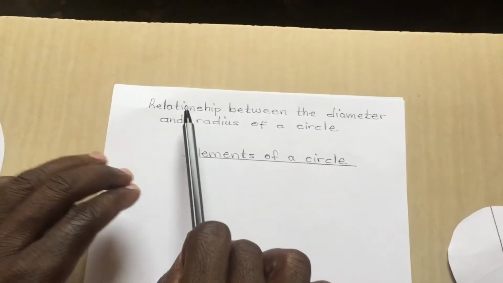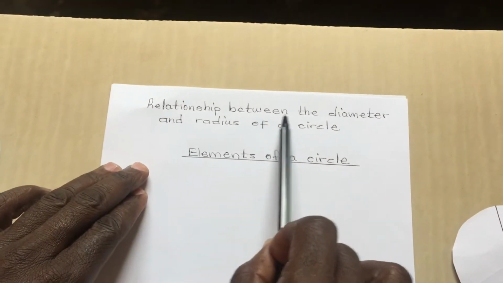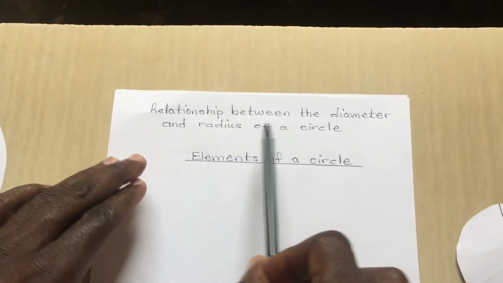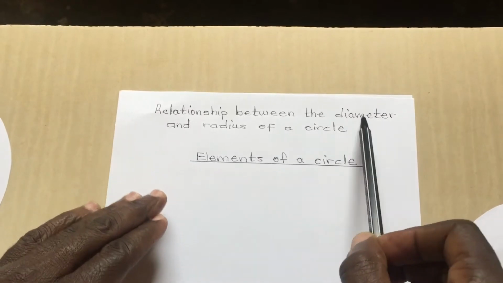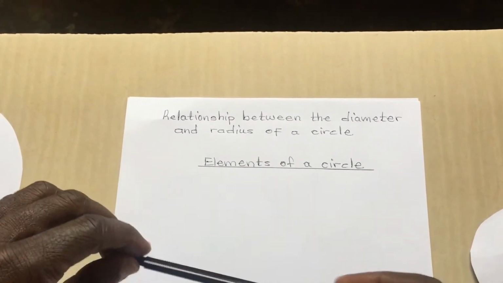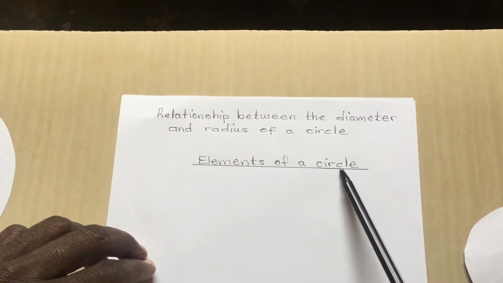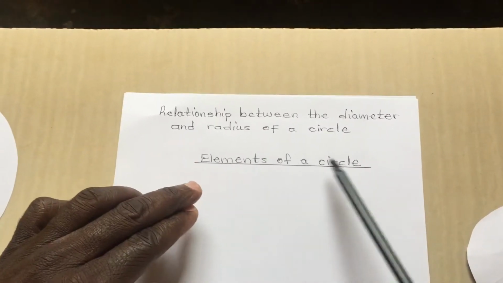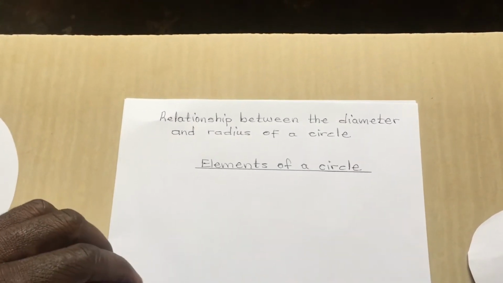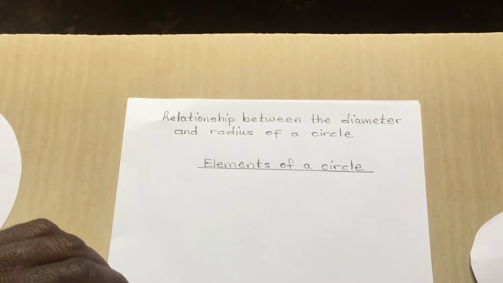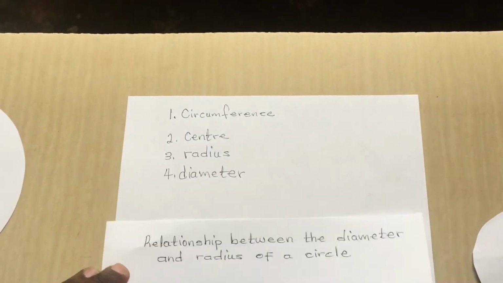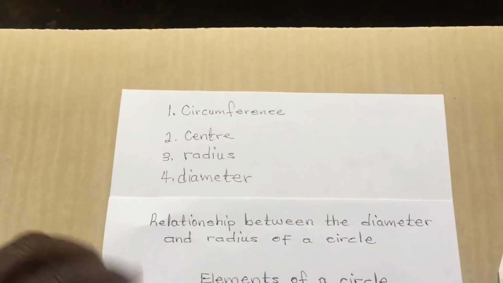Today we are looking at the relationship between the diameter and radius of a circle. So how are they related, these two, diameter and radius? And we have the subtopic, which is elements of a circle. Elements are talking about members of a circle. A circle has got a lot of elements, but just for today we are going to look at only four of them, and these are